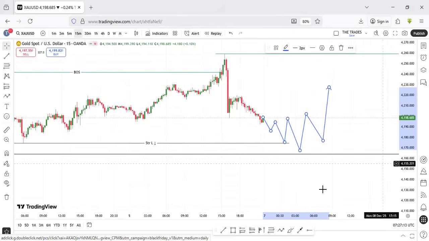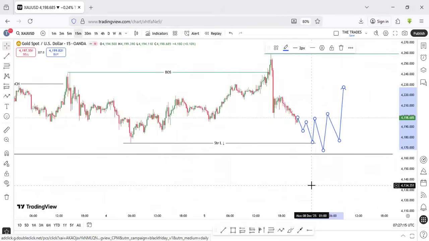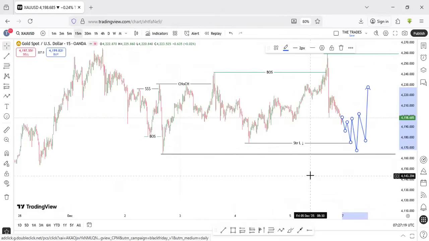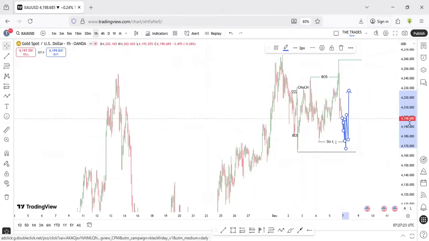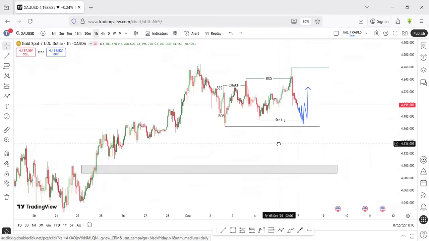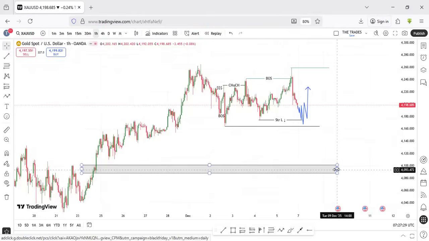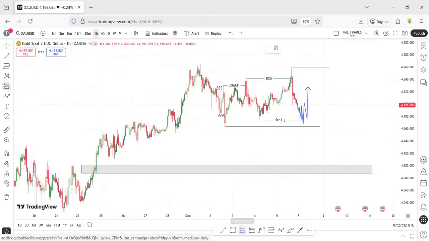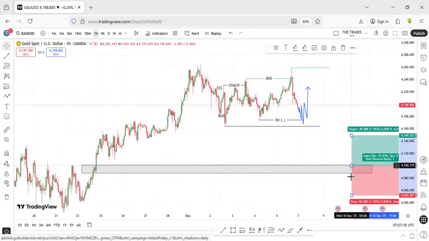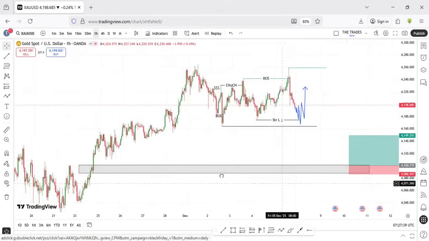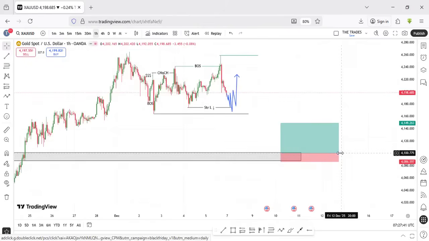Then if we didn't see this and market goes below these two strong lows, that is what is going to open room for the market to come to this particular order block. So this is my first point of interest here, because this is the only place that I'm seeing a valid point of interest. So I will be looking for that